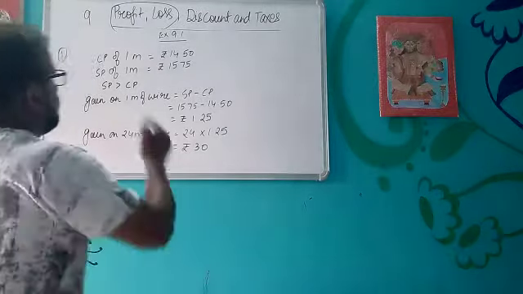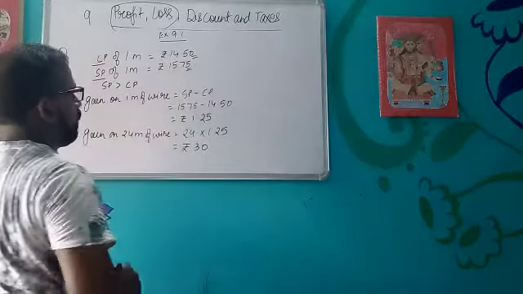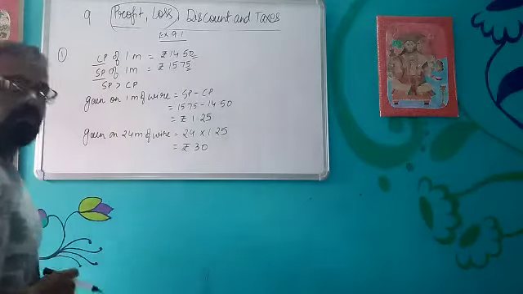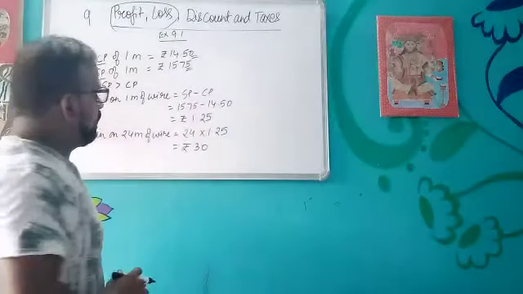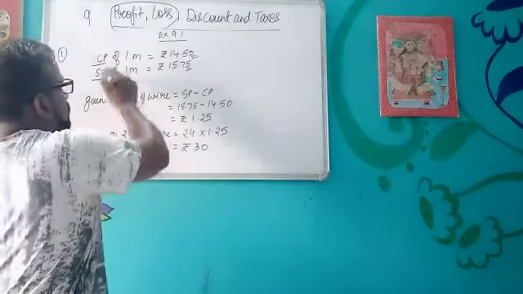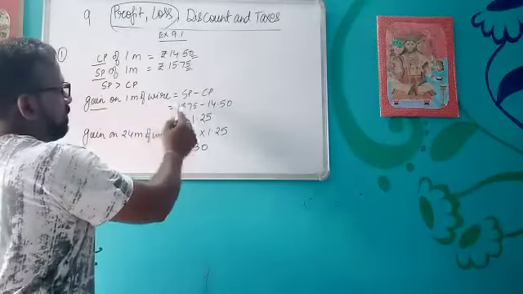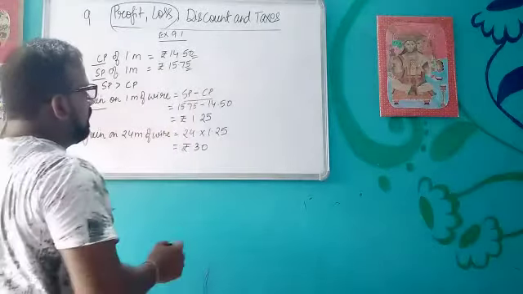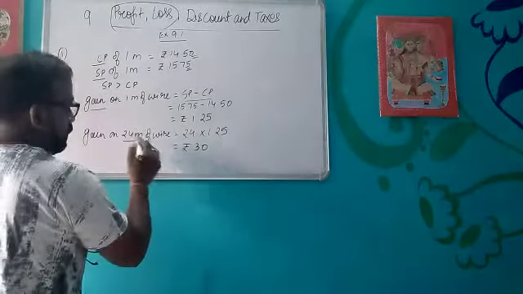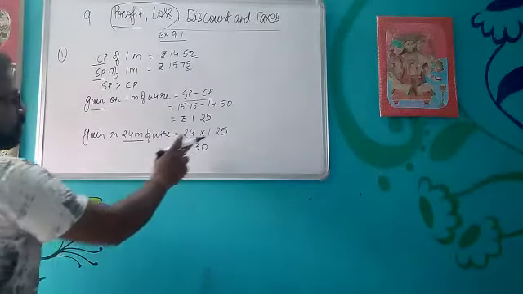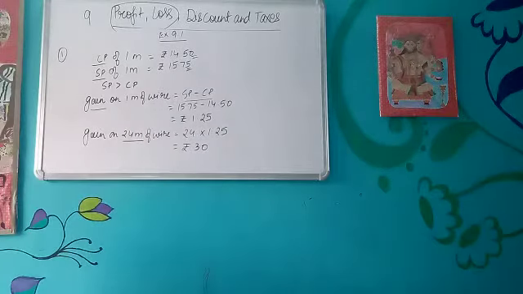First, we have seen CP and SP. It was there. Then what we have to calculate? Third, so like I have told you, there will be three variables: selling price, cost price and profit or loss. So in that case, cost price and selling price was there. What we have to calculate? Profit. So I have calculated the profit by using this formula. But we have to calculate in this question overall profit. So overall wire was of 24 meter length. So I have multiplied the profit on 1 meter by 24. So we will get this answer, that is rupees 30.